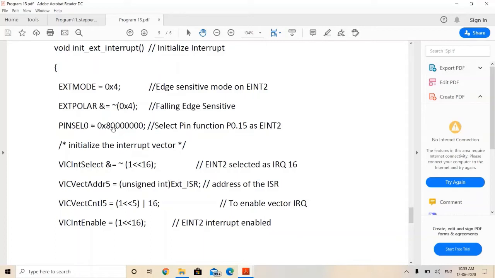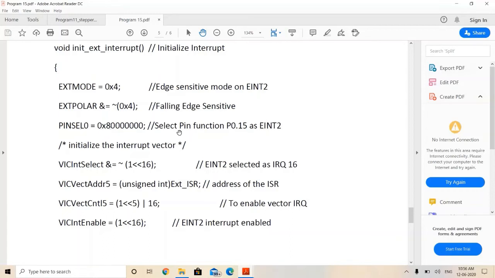If you observe this value, pin number 15 is going to be selected as external interrupt. In pin select, 2 bits represent each pin, so the pin is going to be used as EINT, that is external interrupt.